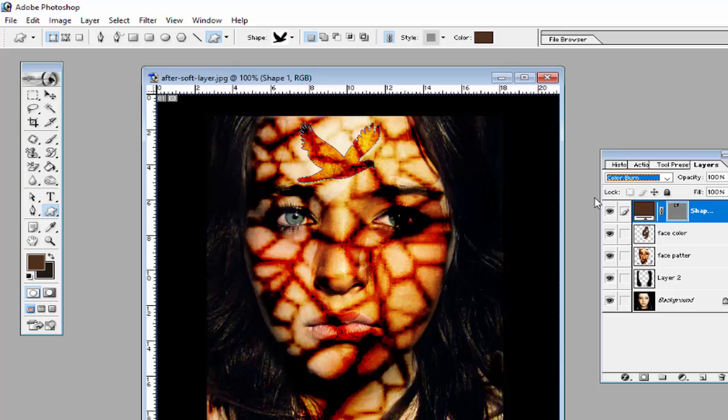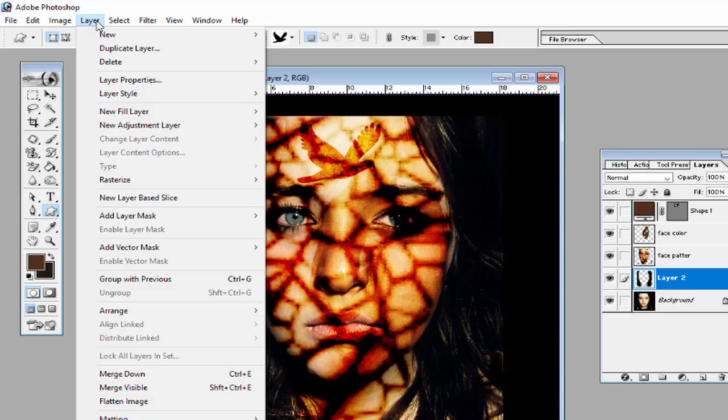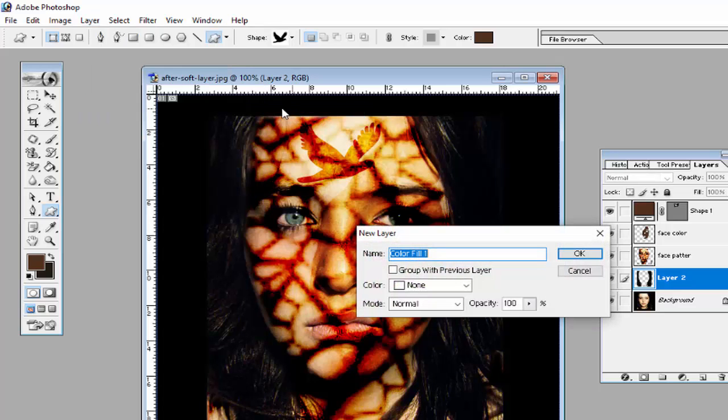After that, we will select his hair and use this option. Go in layer, click on new fill layer, solid color. Again click here, fill the solid color, enter the name of the layer, hair color, and click OK.